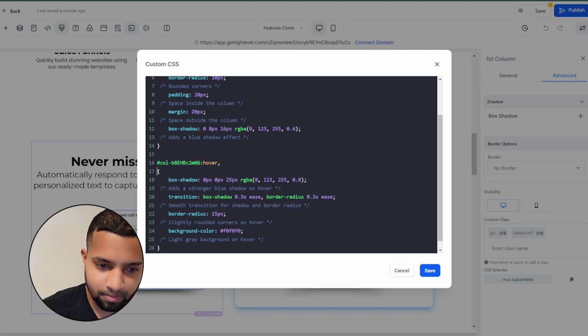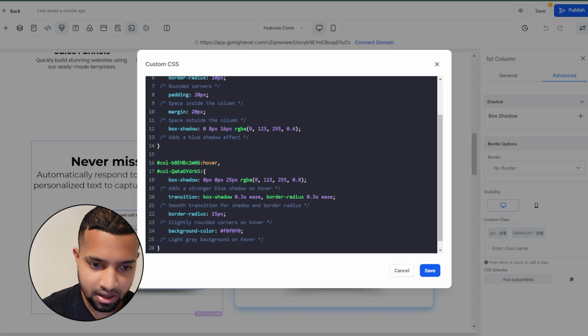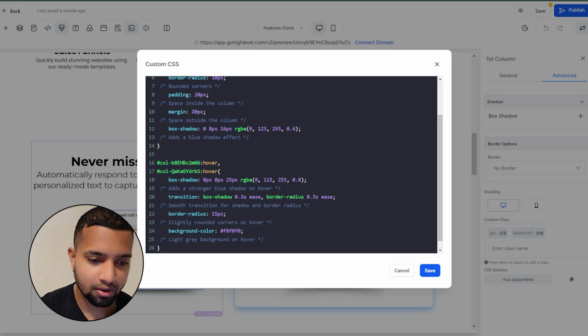put comma, copy the section, and hover. So you have to make sure to put all the essential codes if you're adding another sequence to this code. For example, like this column,